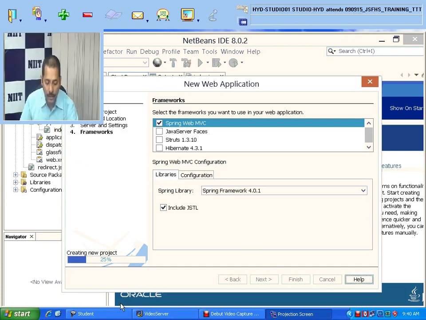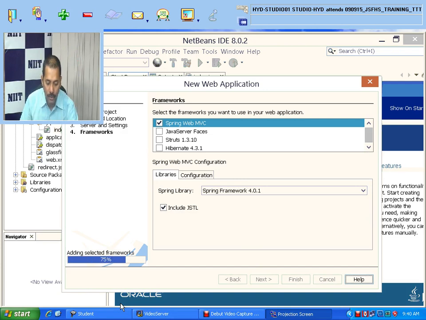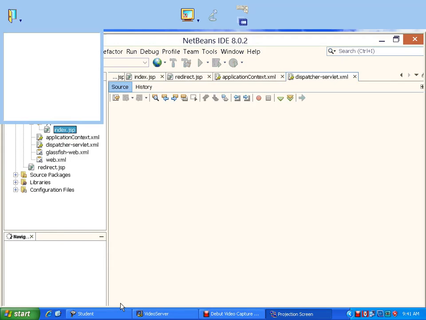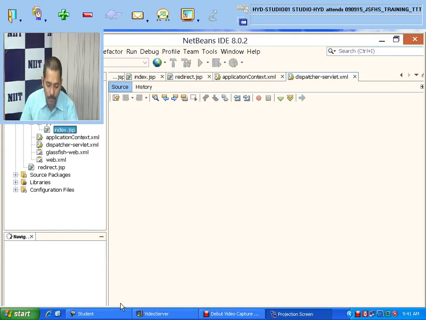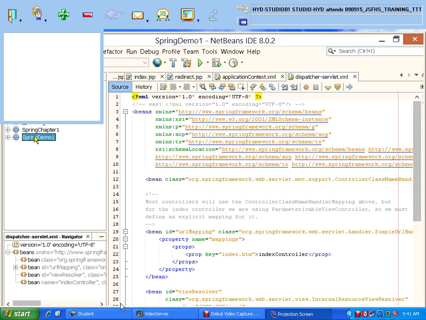By which a Spring-based application gets created for you. In your project, we can see the project will be added with your Spring-based classes and all. We can be implementing that. See, we have Spring chapter 1 which is there.